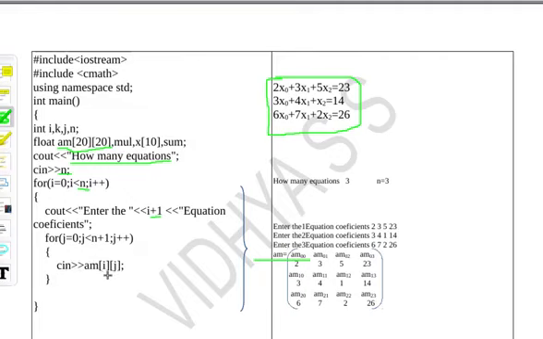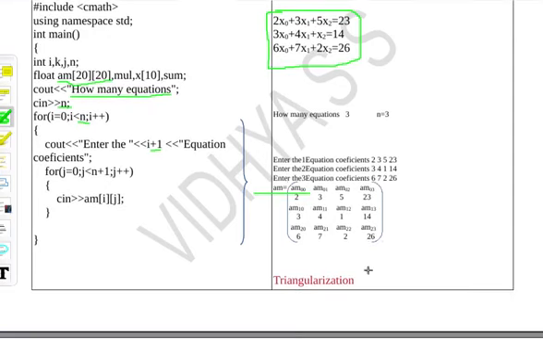Then cin into AM[i][j]. After executing this, the matrix will get formed. AM will contain the values of the coefficients which I have entered, stored in this manner: AM[0][0], AM[0][1], AM[0][2], AM[0][3], AM[1][0]. I think you will know the indexing of a two-dimensional array.